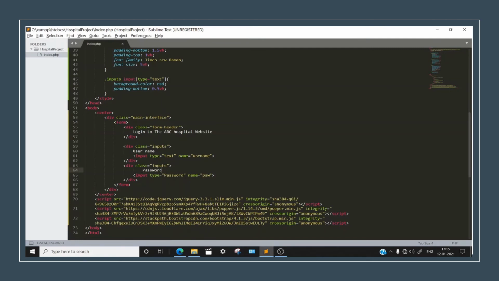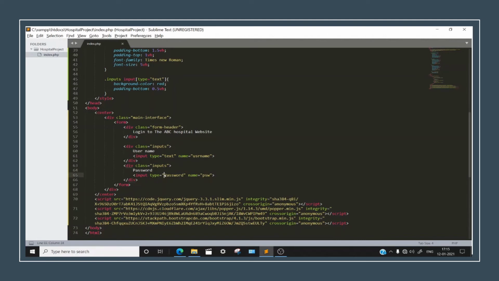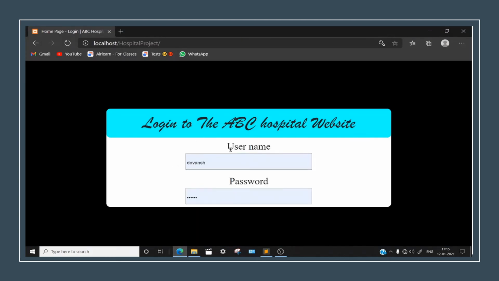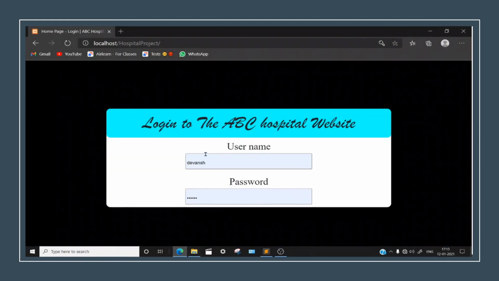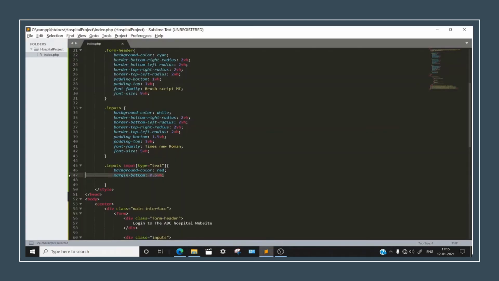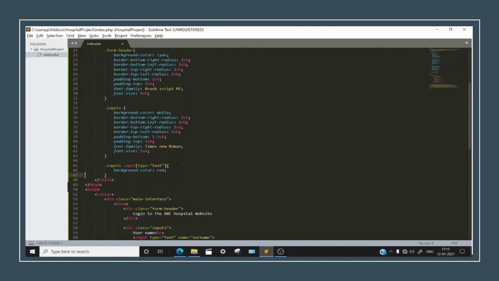But we have forgotten one thing. You can see here that this came in the line, and I don't want this thing to occur. So what I will be doing is adding one BR tag here. This BR tag is a tag of HTML, and this works. See, it just went down. Alright, now let's give this a margin bottom. Alright. Well, just remove this thing. Okay, not an issue.